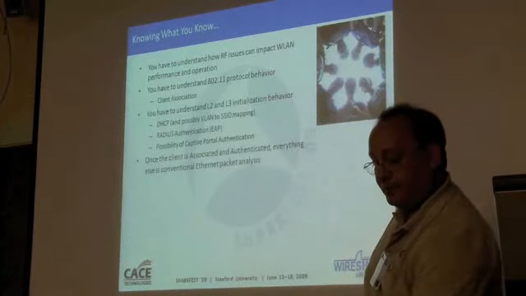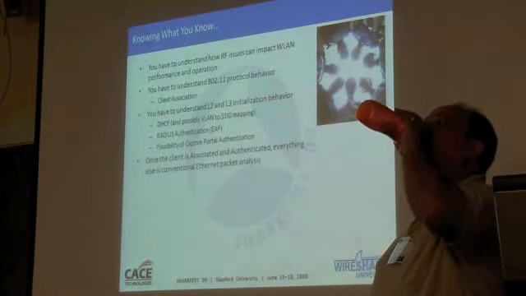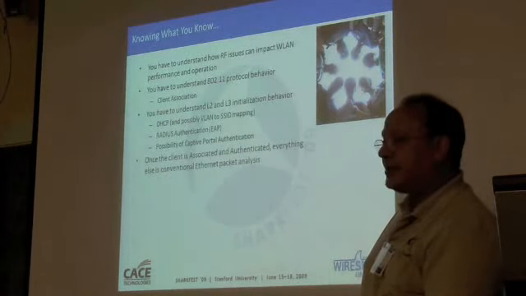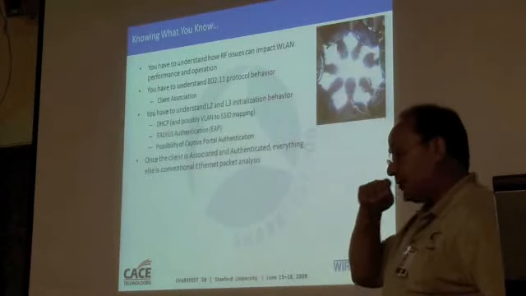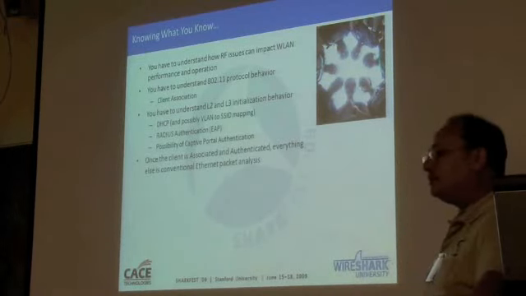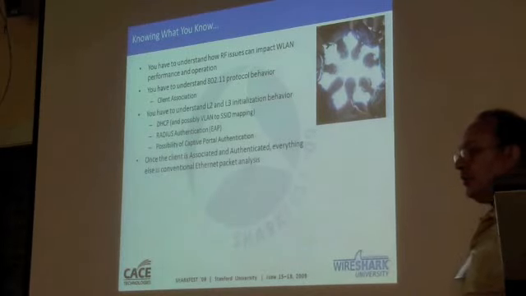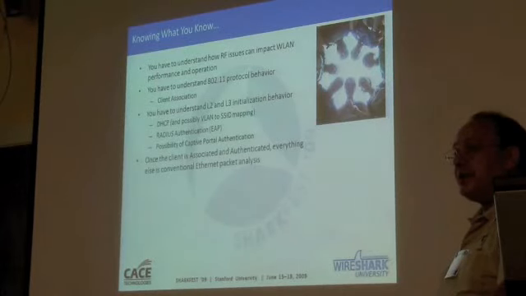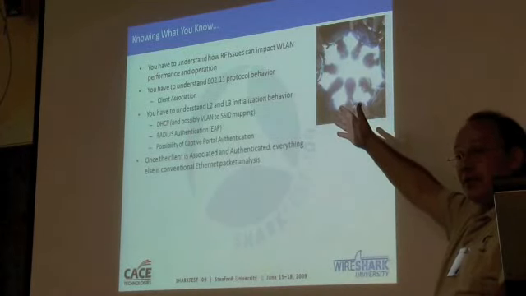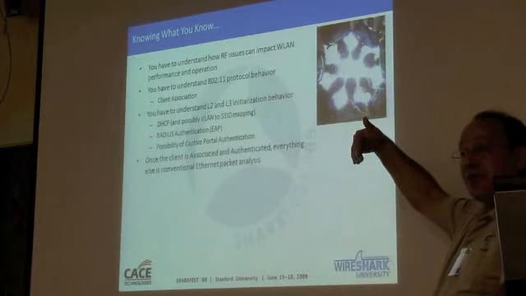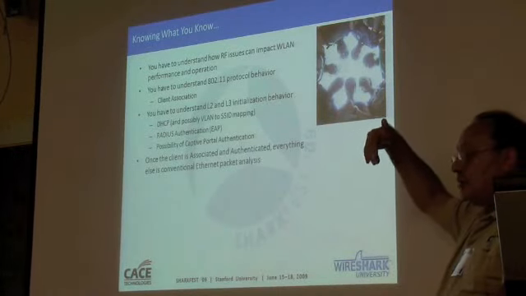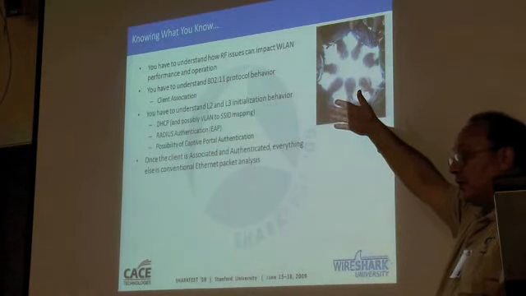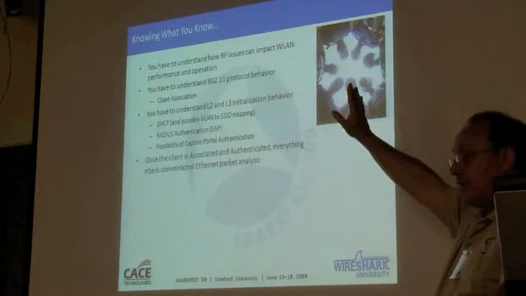Yes, question? So once you authenticate with Open Auth, do you then do EAP right afterwards? Yes, you do EAP right afterwards. Well, DHCP first, then EAP. Okay. So if you do DHCP and you fail EAP, you still are associated? Yes. If you do DHCP, you're connected, you're associated, and you get your IP address with DHCP, but you fail EAP. Yes, you are still associated to the access point. The access point is just saying you can't go anywhere. That's right. You can't go anywhere.